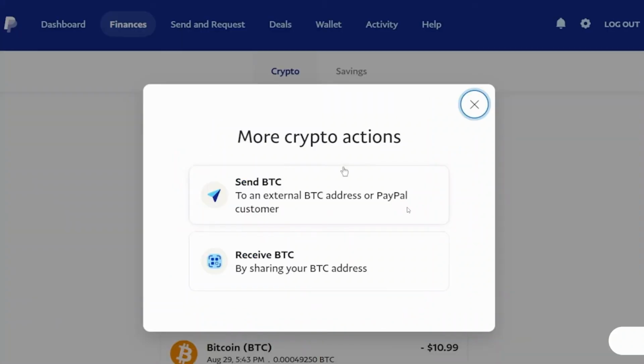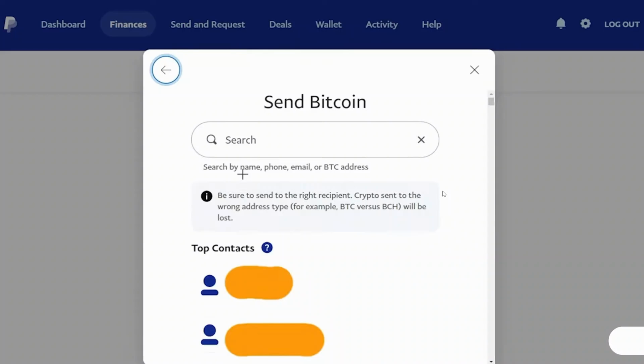So basically what you have to do is you can just tap on this send BTC option that you can use to send to an external BTC address or to another PayPal customer. So just tap on the send option to move your Bitcoins out of PayPal, and you'll find your recommended top contacts down below. So what you can do is you can search by name, phone, email, or even the BTC